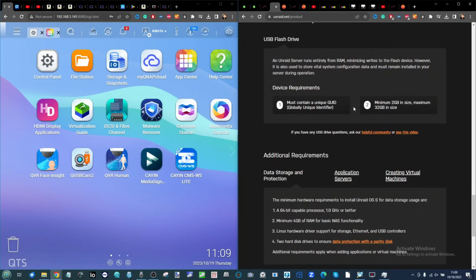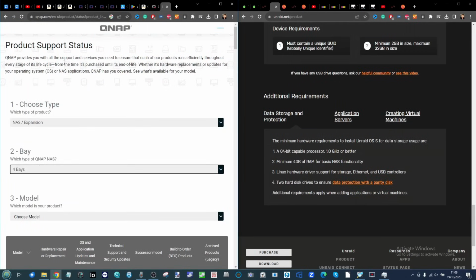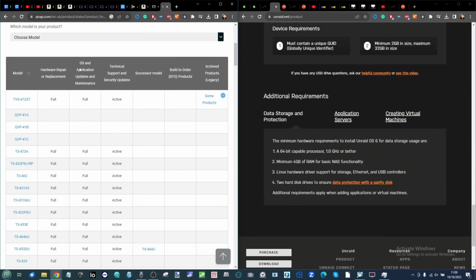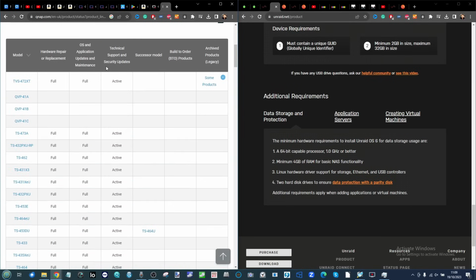And you don't even have a very high benchmark in terms of specifications in order to do so. Now, in the case of QNAP, it has a product support lifespan. What they state a lot of the time is end of life. End of life isn't the end of your life, that's the end of the hardware and software life. Products have a hardware life that's generally referred to as the warranty period, but in terms of software, as you